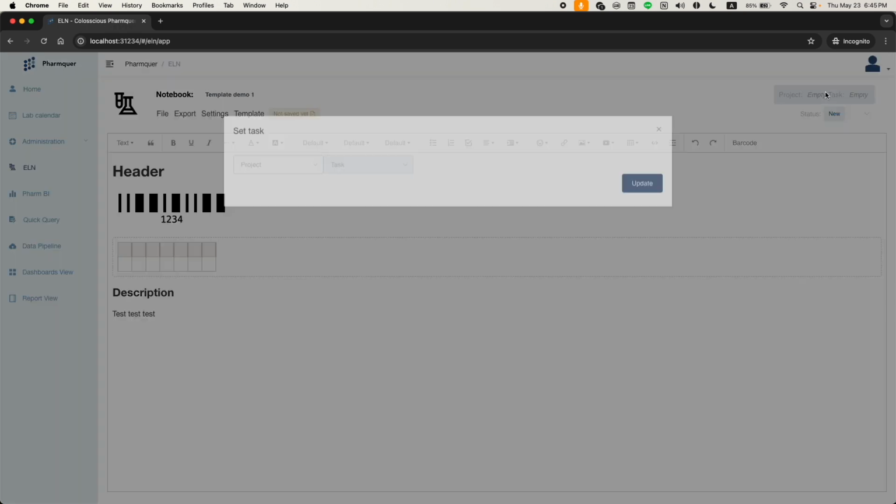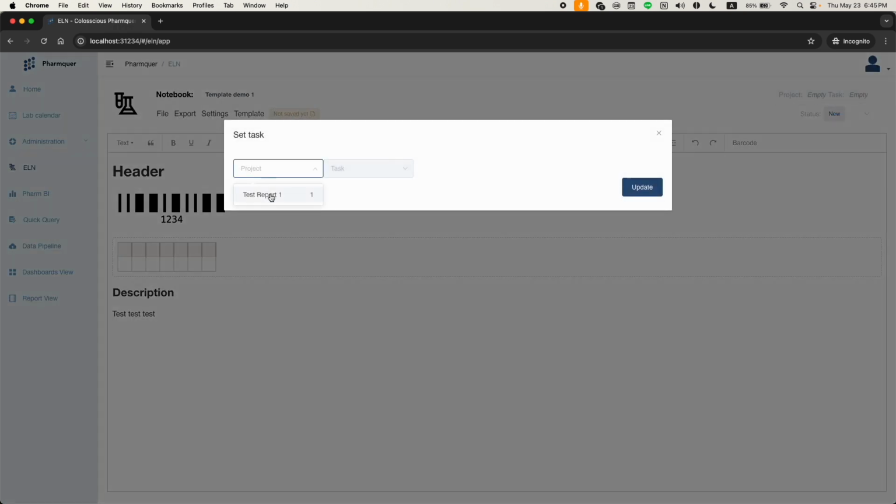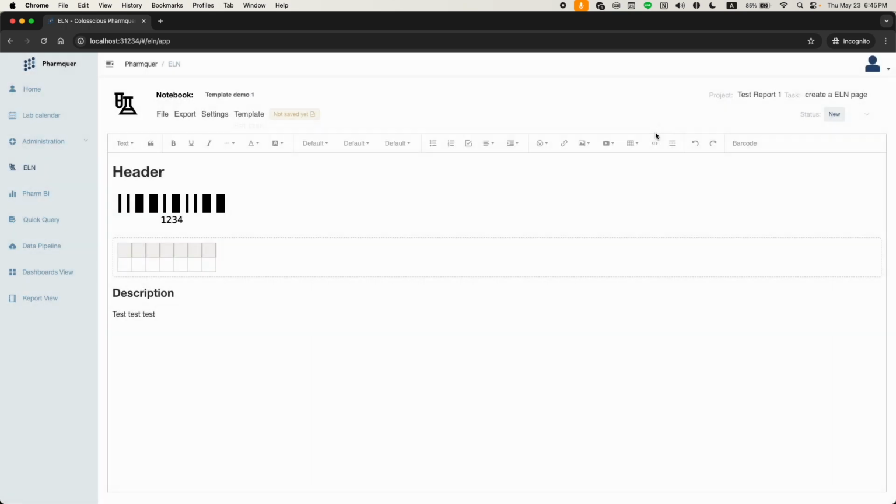Okay, then don't forget to link the template to a given task here. And before we save it as a template, we have to save the content first. Then we save it as a template.